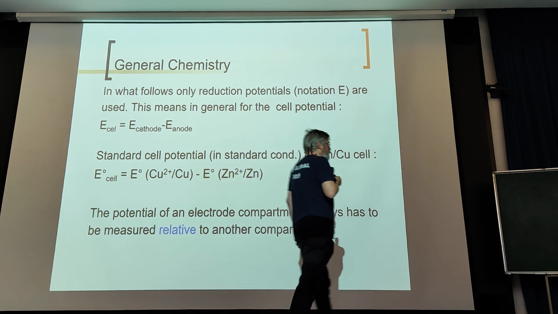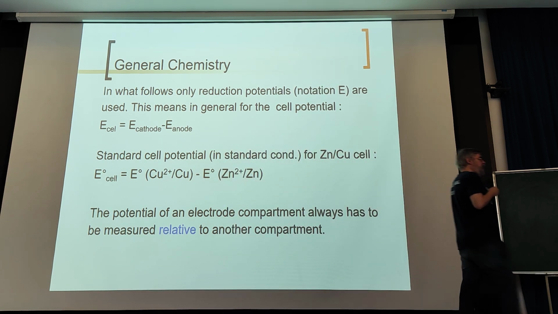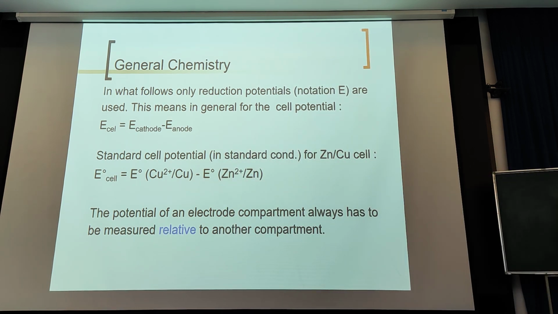So in general, the potential of the cathode, where the reduction is happening, and from there we have to subtract the potential of the anode. So cathode was in this case the copper compartment, and